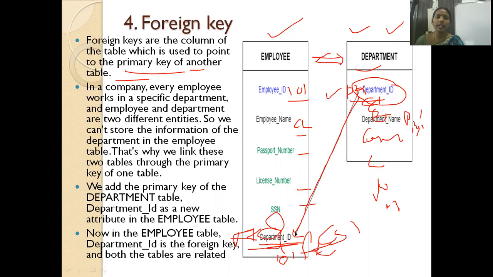So in a company, every employee works in a specific department, and employee and department are two different entities. So we cannot store the information of the department table in the employee table. For example, in this employee table only, I want to include department. So is it possible? Employee has different columns, but department has different columns. So we cannot combine these two details.